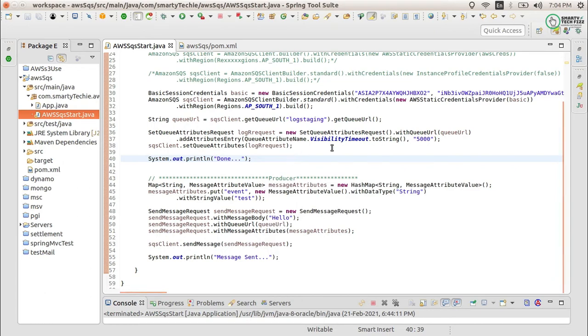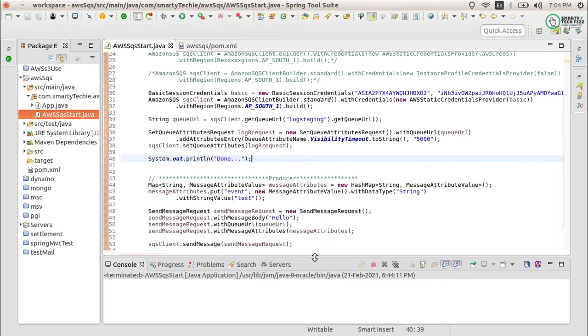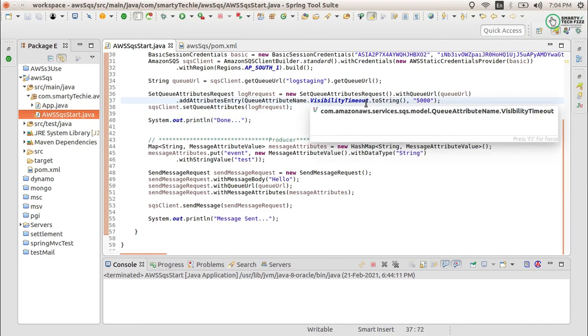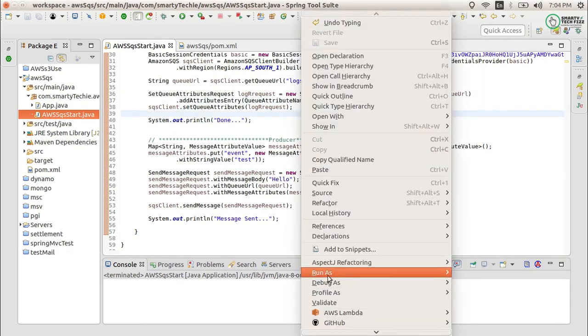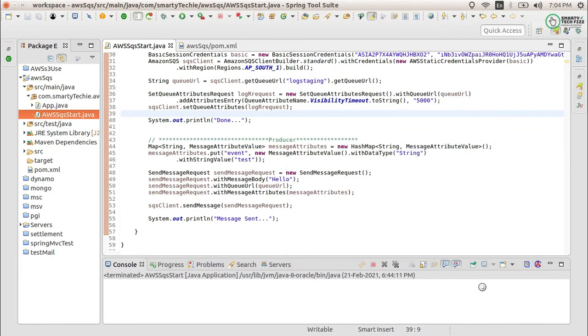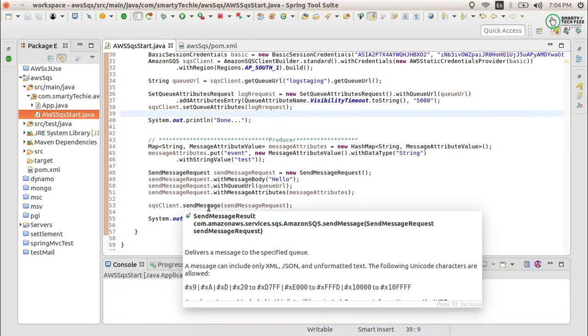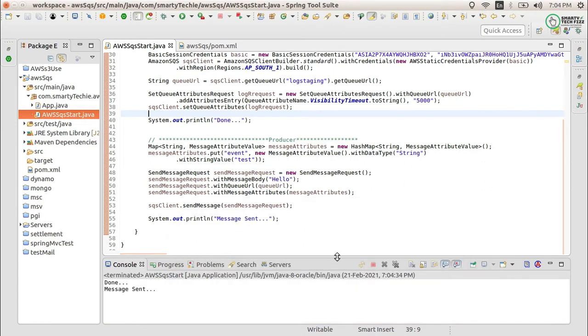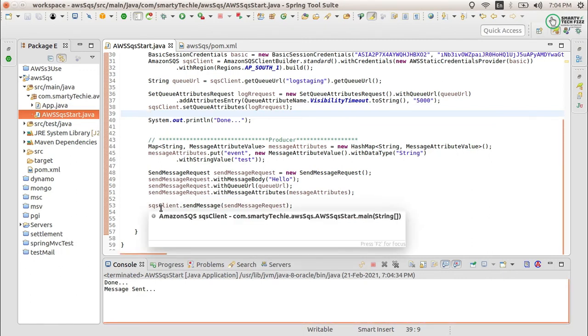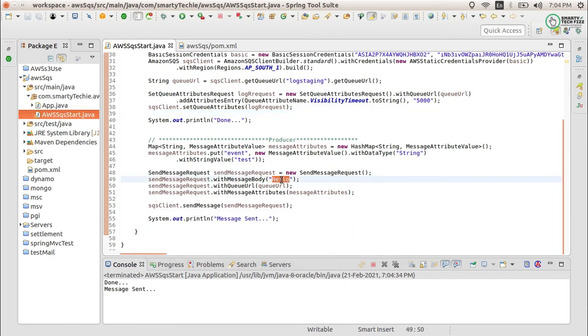Let me just run it to see if we are getting any errors or not, because I can assure you that it is not going to produce any error, and it should run as message sent, because I have used the send message, and if send message, then it is sending the message, right? So you can see that it is done and the message is sent. Now the message has been sent to the SQS service, but there is no consumer yet. So after creating the consumer, you will be able to receive the message, and you can see that the message has been received as hello.